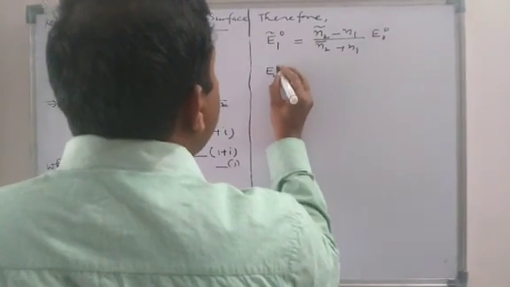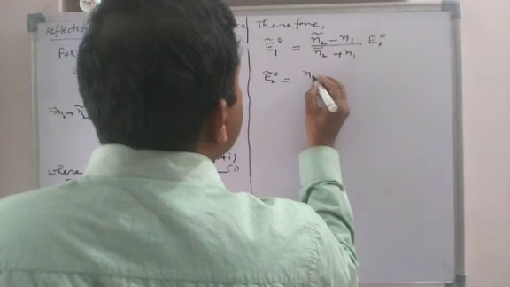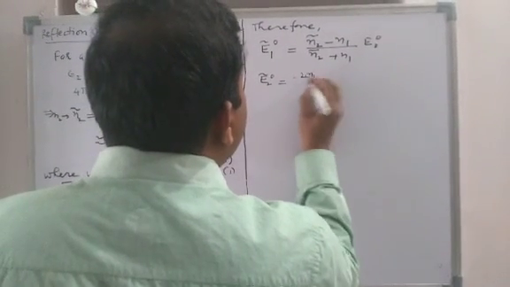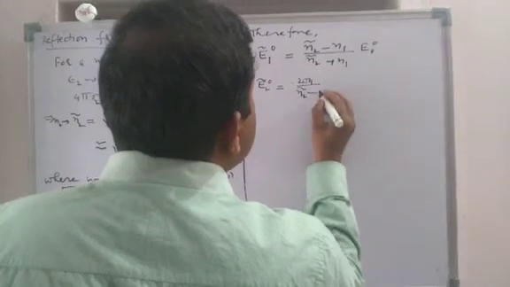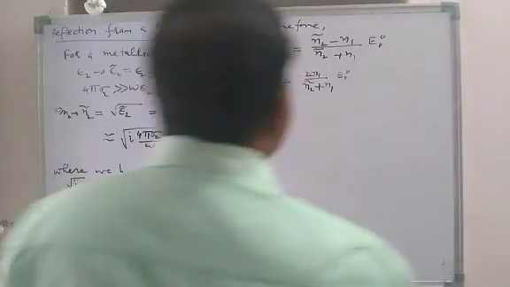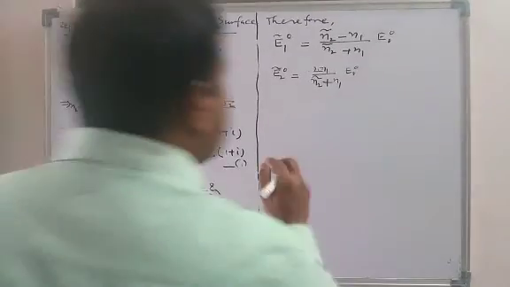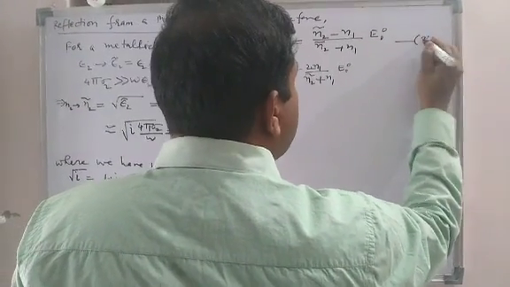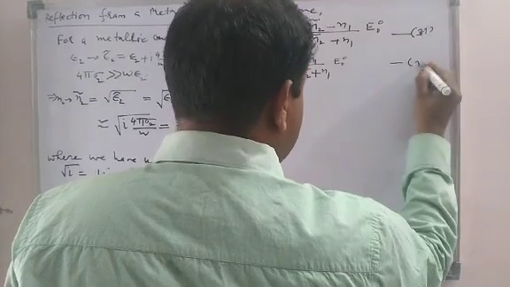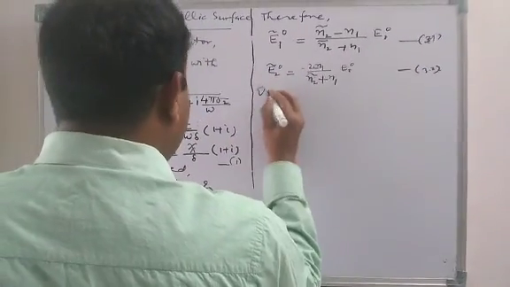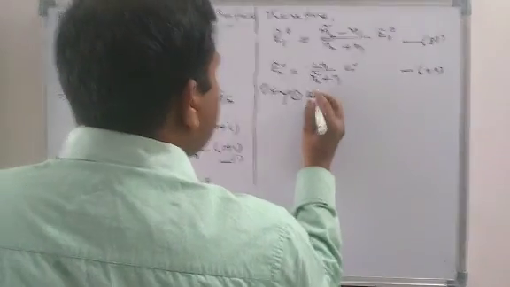Similarly, we will have E2 naught, which is going to be 2 N1 upon N2 naught plus N1 times E naught naught. Now we will just put the values into these equations. This was my 3.1, say this is 3.2. So, using 1 in 3,